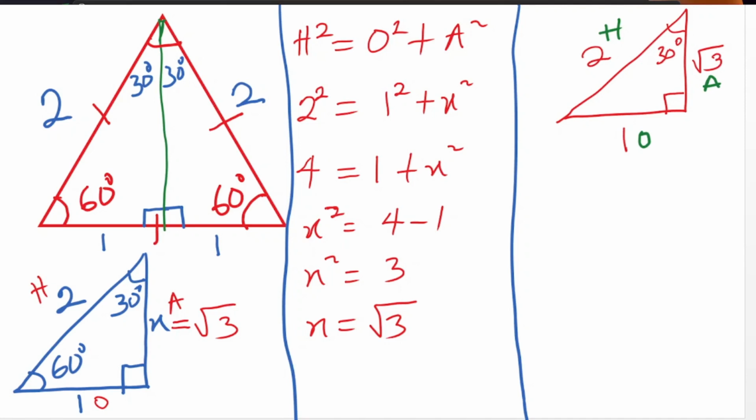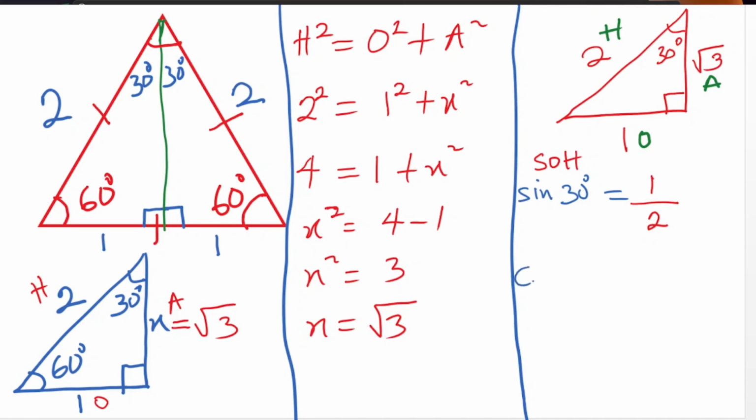So let's start with the first one, and that is sine 30 degrees. Don't forget, sine is SOH, which is opposite over hypotenuse. In this case, what is the opposite? That is 1, and the hypotenuse is 2. So sine 30 degrees is 1 over 2. If you check your calculator, you will get 0.5. So the next is